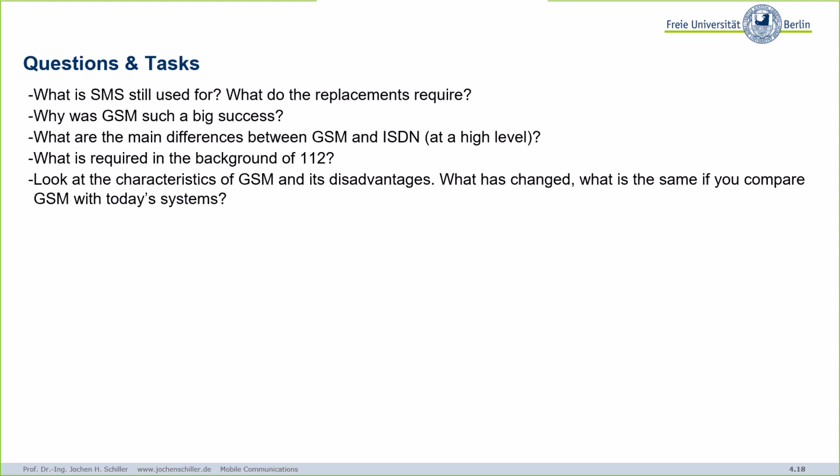SMSs are also used to reconfigure your mobile phone without any, let's say, involvement of the user. So if your mobile phone is somewhere and even your operating system might be sleeping, you can still receive an SMS because you have your radio modem with its own operating system, memory, etc. And then you receive it and you can switch certain configurations. So you will receive certain configurations via SMS.